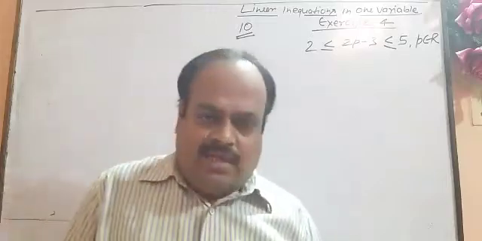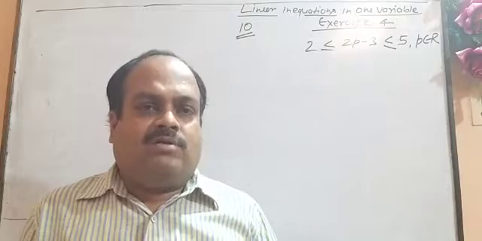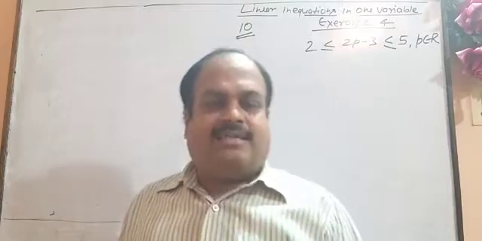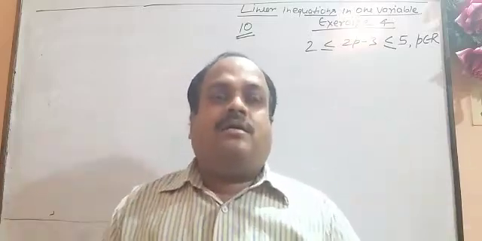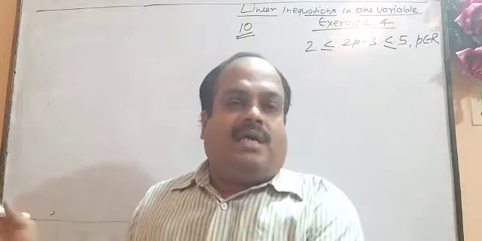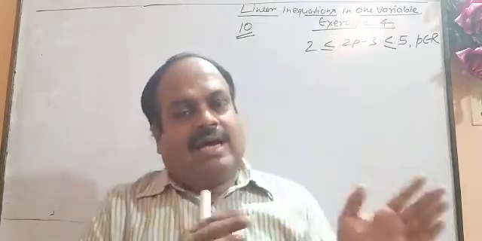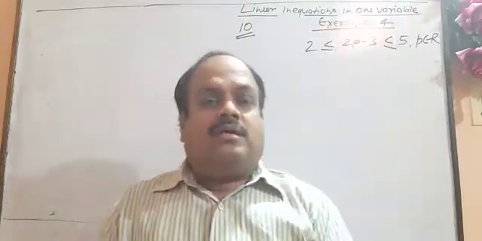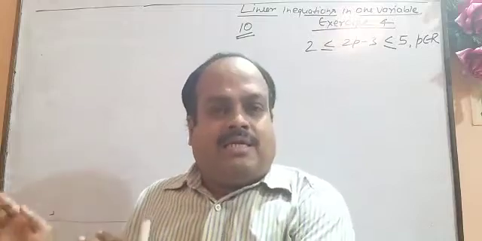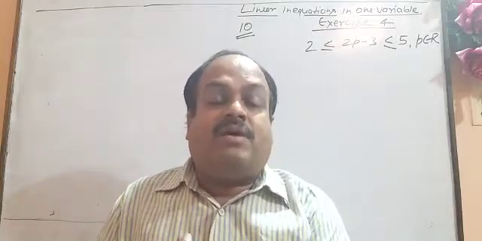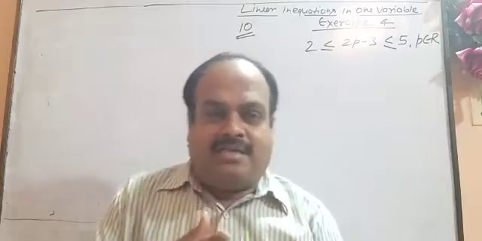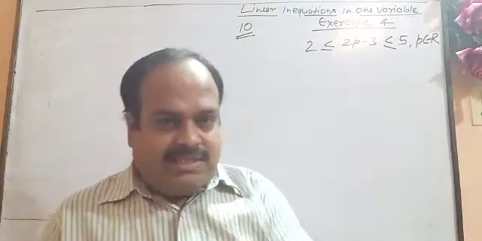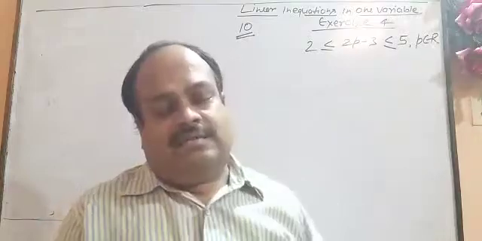If we have inequation involving one variable, so definitely we need to write, or we should be provided what the P is. I mean whether P, X, Y or whatever variable is used for inequation. It must be clearly written what type of number it is: real number, natural number, integer or whole number. It must be mentioned in the question. It is missing here. That's why I write here.